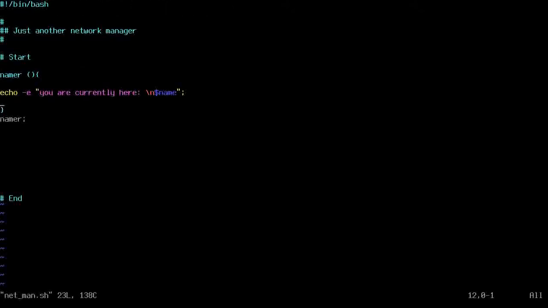If we run it now, it says you are currently here. Now you notice that nothing happened. You're currently where? You're currently blank. The reason it's blank is because our variable name no longer exists. So the string and new line printed, but no variable came out. And we can change that by just saying something like